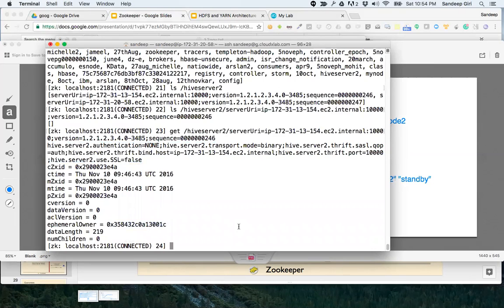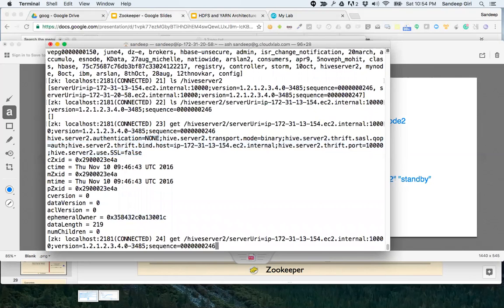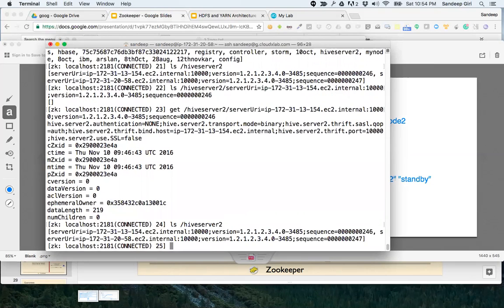And the whole balancing is done using Zookeeper. You can see that there are two servers, one running on 154, the other running on 158, and so on. I hope these examples were useful, because Hive, HBase, name node, data node, everybody is using Zookeeper. Along with that, the design of Zookeeper is inspiring to many.